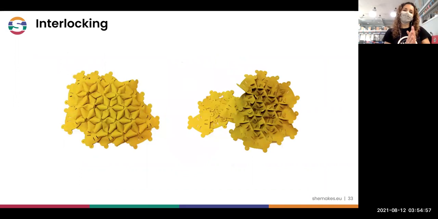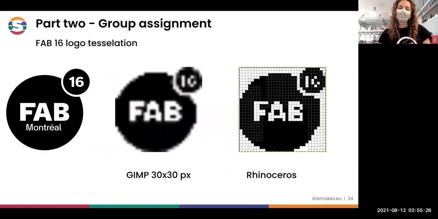And finally, you will try to interlock. And if you are so creative, you can think how a 2D piece can be converted to a 3D one, because when you are connecting these triangles, you will get stars. So it's very, very nice, and I think it's very complicated at the beginning. And the second part of this